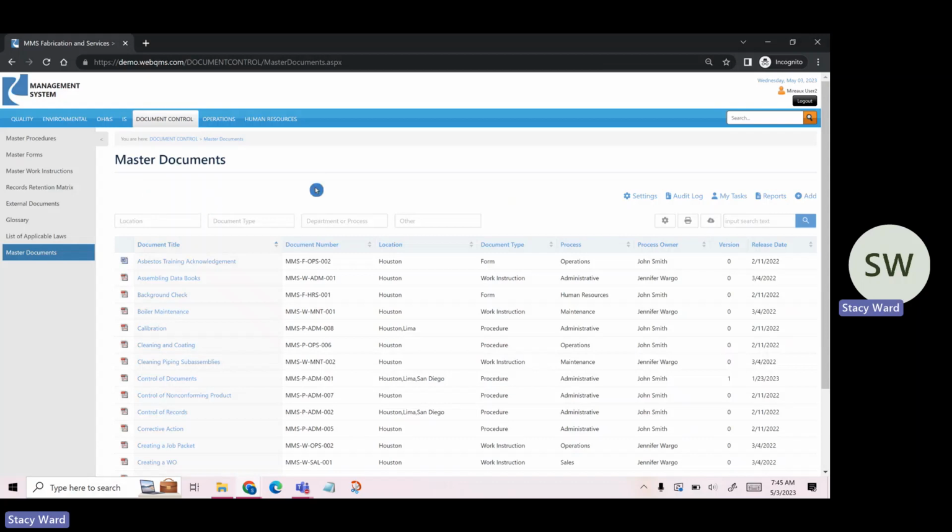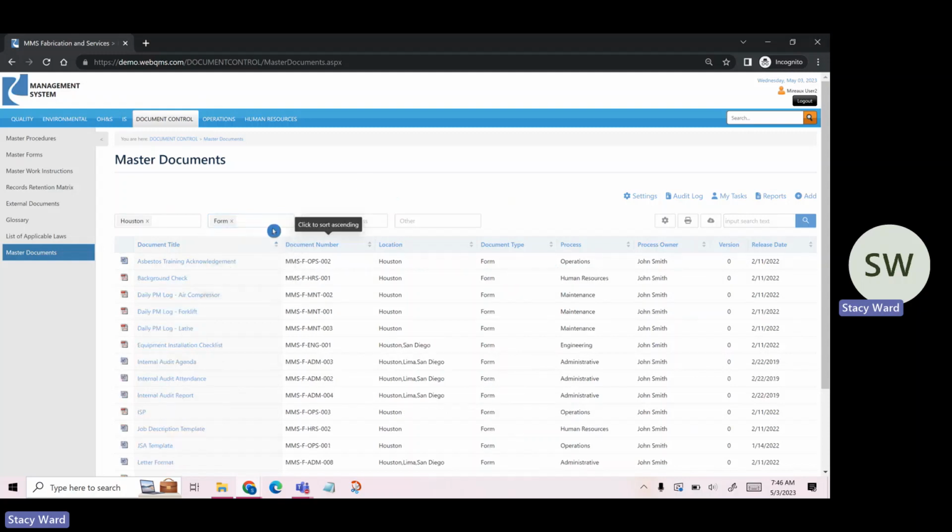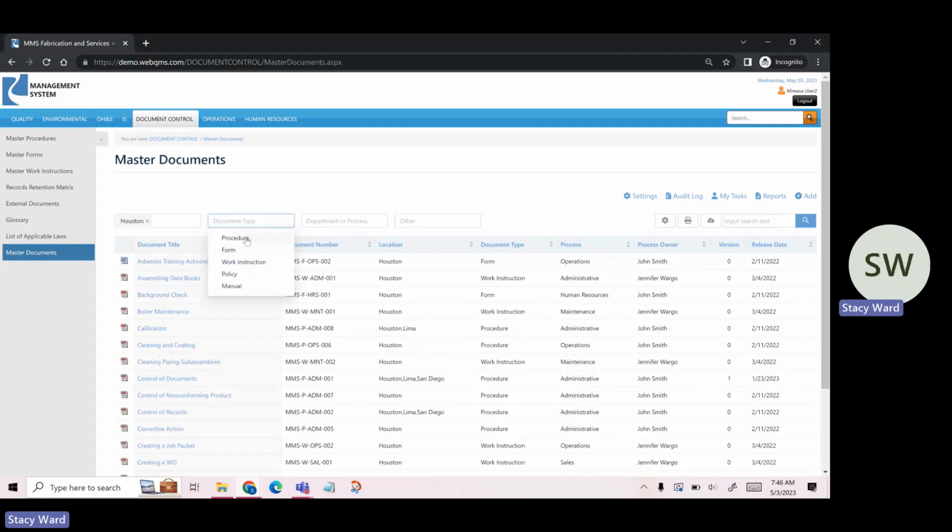So the other change here is the filters look like this now. We had filters before, but these filters work much better. They have a much better logic behind them. So you can filter directly from here if you want a specific location, and you will have instantaneous filtering. You can't tell from that one because Houston is such a broad filter for this website. Almost everything is Houston. But you'll see if you click forms, you instantly have your forms, or you instantly have your procedures